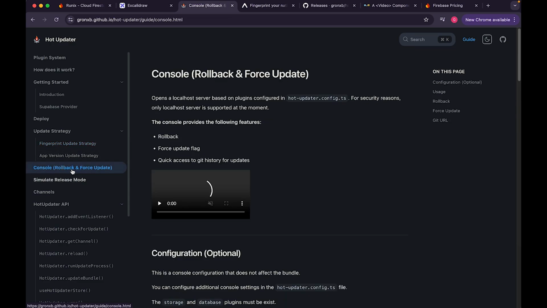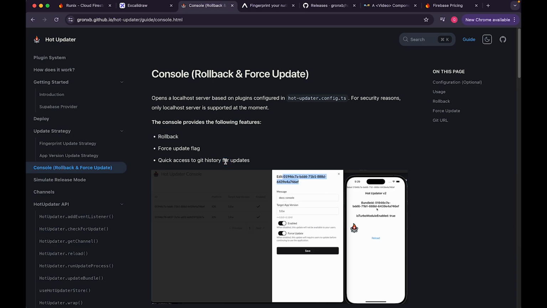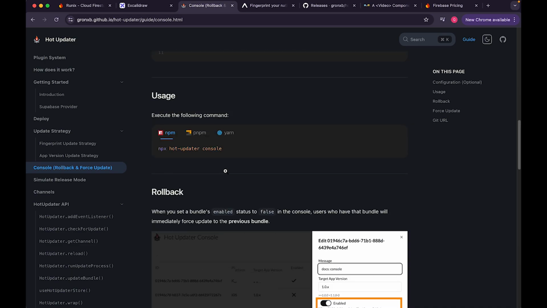And the next one is for this console rollback. Actually, it automatically has that, where whenever something crashes, it automatically rolls back. Okay, you can implement it in the